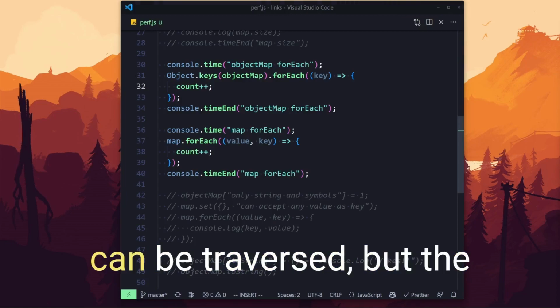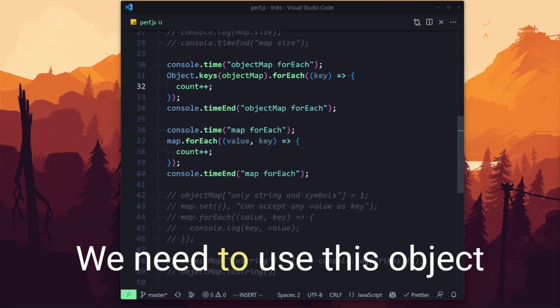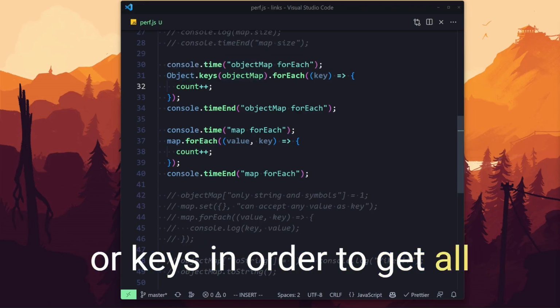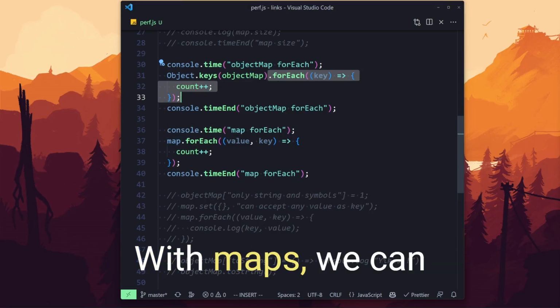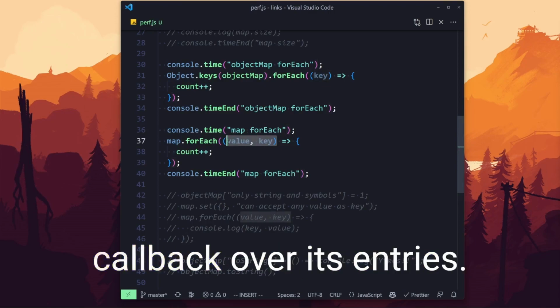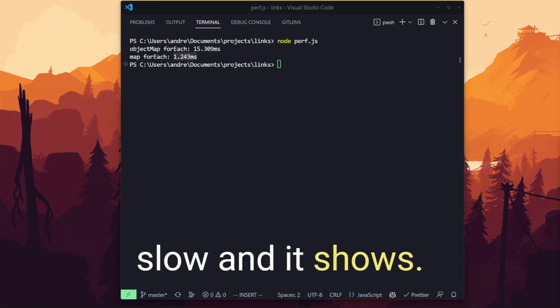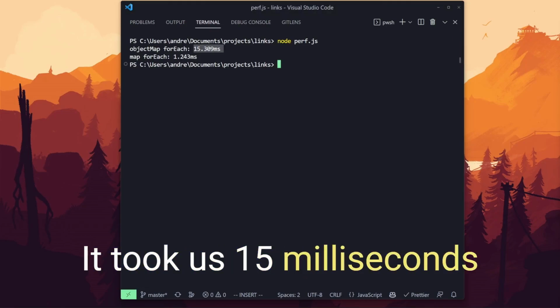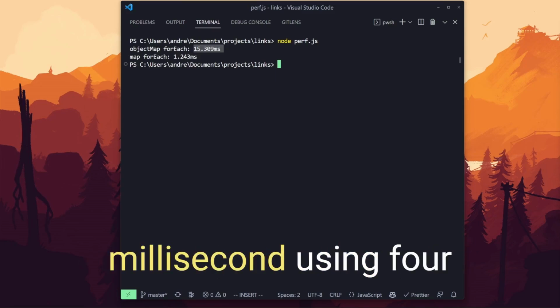Both maps and objects can be traversed, but the way we traverse them is a little bit different. When dealing with objects, we need to use this Object.keys in order to get all keys, and then we can run a forEach loop over them. With maps, we can simply run a forEach loop over the map object, which will give us a callback over its entries. In terms of performance, we already know that Object.keys is quite slow, and it shows. It took us 15 milliseconds to iterate over the entries of the object, and only 1 millisecond using forEach